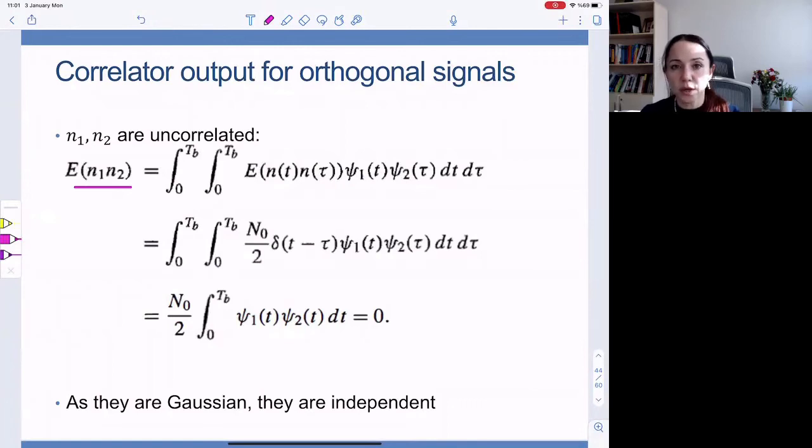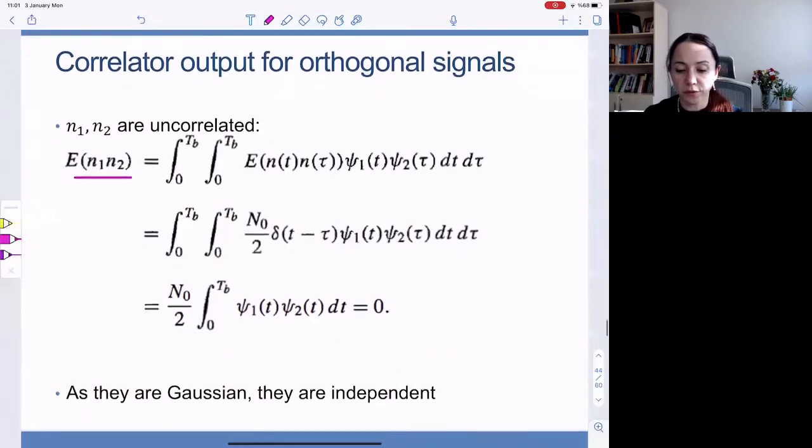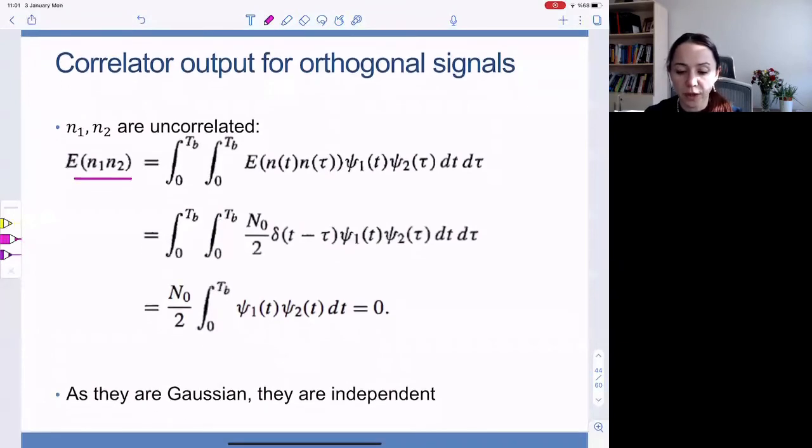Simply, if you form linear combinations of these samples, they're going to be uncorrelated. So because N1 and N2 are two filtered versions of this white Gaussian noise process, they're going to be white,